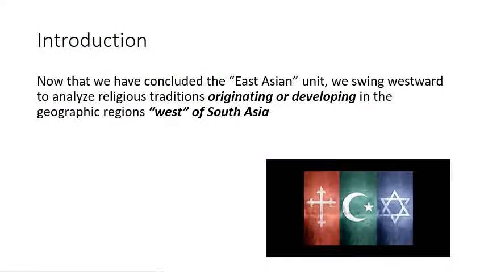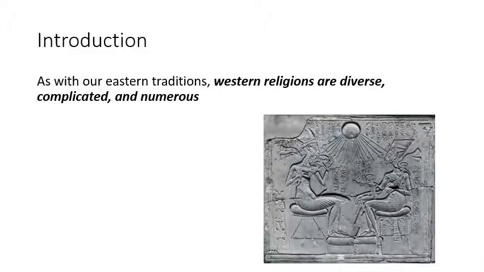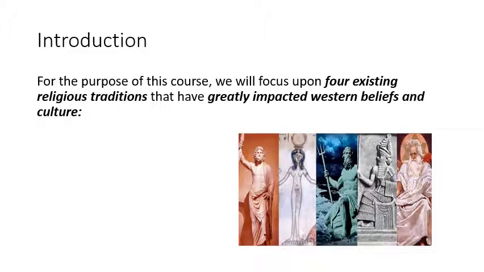So now that we have concluded the East Asian unit, we swing westward to analyze religious traditions originating or developing in the geographic regions west of South Asia, such as the Middle East, Africa, Europe, and the Americas. Now, as with our Eastern traditions, Western religions are diverse, complicated, and numerous. So for the purpose of this course, which is an introductory religious studies course, we will focus upon 4 existing religious traditions that have greatly impacted Western beliefs and culture: